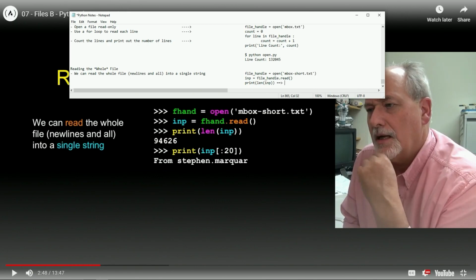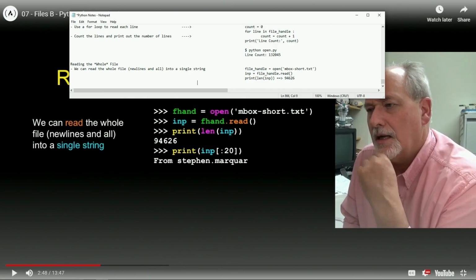And then we'll say print len(inp). Just type it out right now and then we'll go through it, right? 94626. Not that it matters. And then right here, we're going to say print inp, and then we'll have a :20. So we're going up from index 0 to 20, which is the length of the... we'll find out.